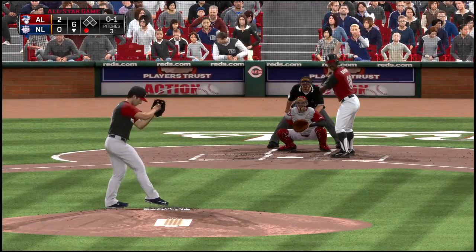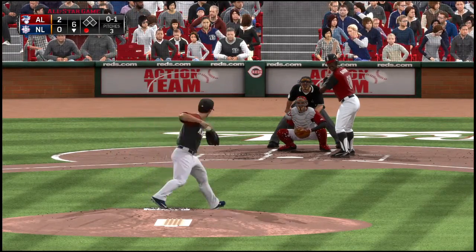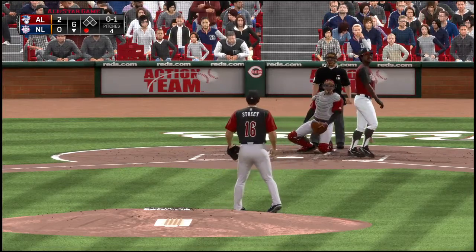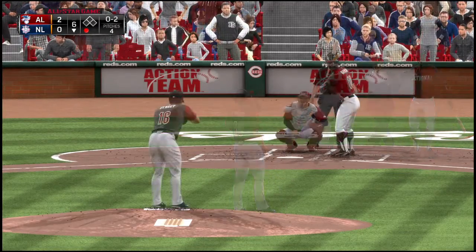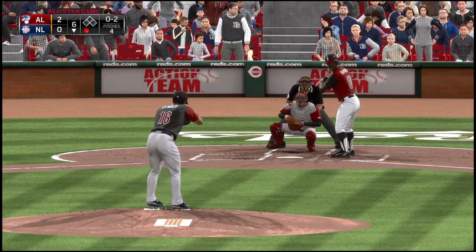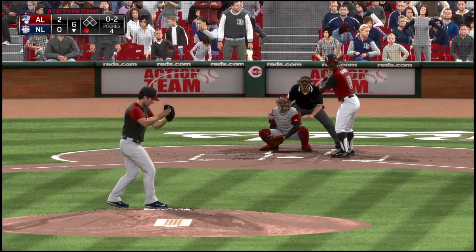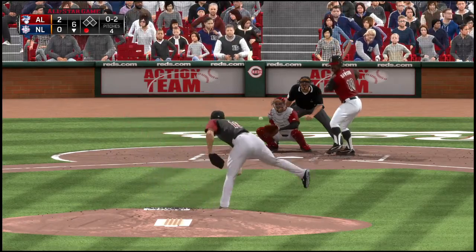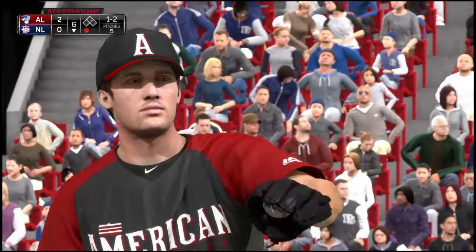The pitch. Now a ball hit pretty well to the left, but this is going to wind up in the seats foul. Here it comes. A little bit off the outside. It's 1-2.